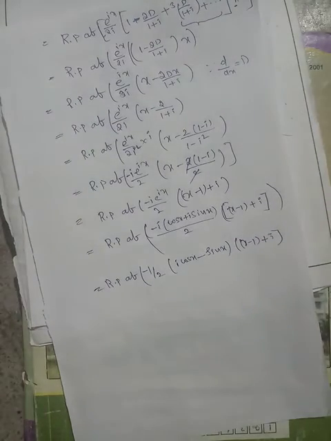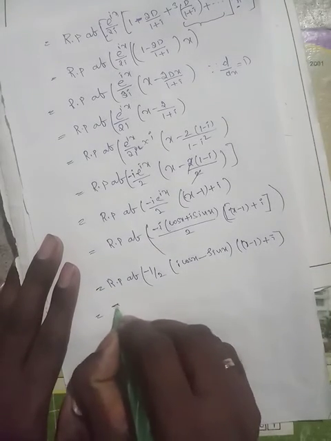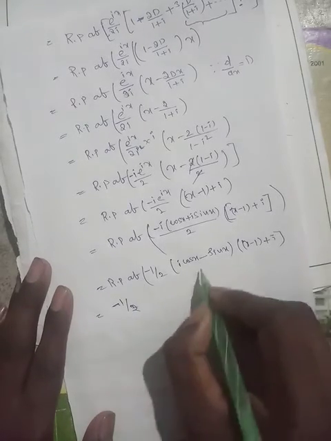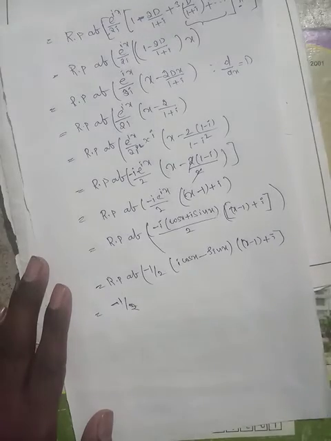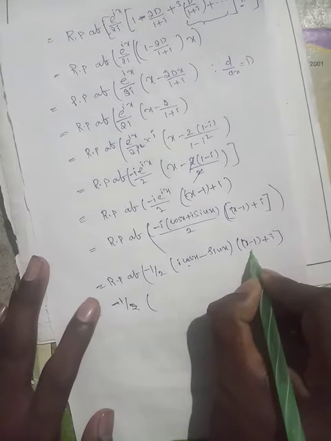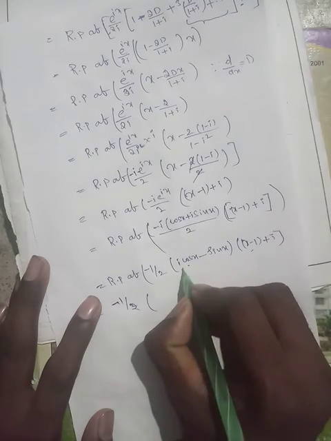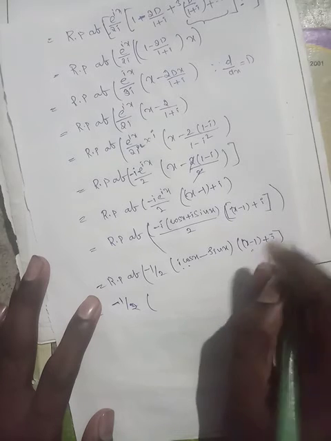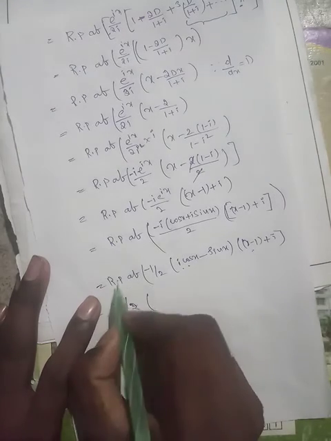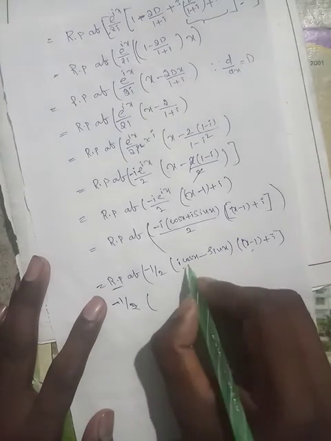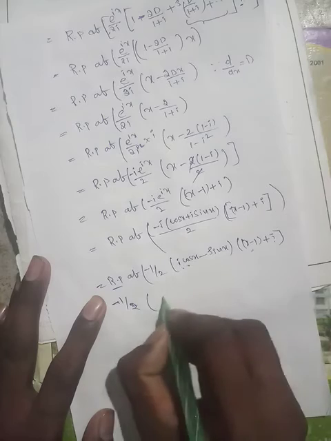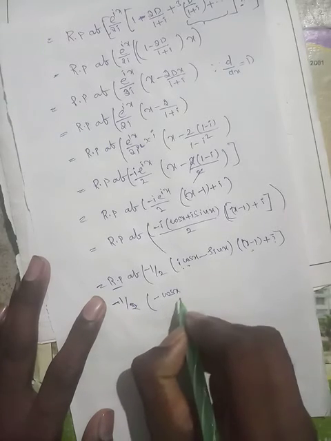See, from this whole thing we need to consider only the real part. So here I am not expanding this, but directly taking the real part from this total. See here, minus 1 by 2 same as it is, common here. If I am multiplying this, this becomes imaginary. Why? Because i cos x into x minus i, so this term also includes i, so we should not consider that. Actually here we need to consider only the real part. We want the real part. So I am multiplying this i cos x into i. See, i into i is i square, so minus cos x I will get, right?